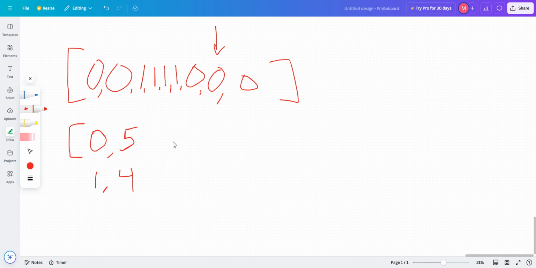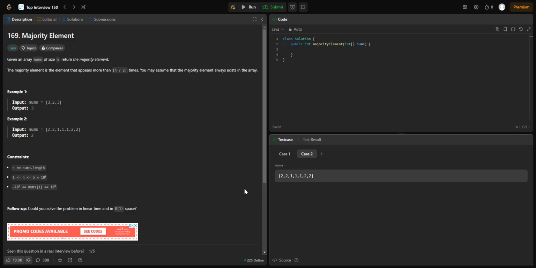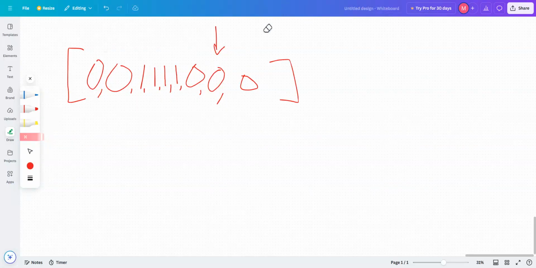I think that kind of gives you a hint that there's going to be an easier solution though, because it says can you follow the problem in linear time in O of 1 space. So I think one thing you could do is keep track of, let's call it cur and count,